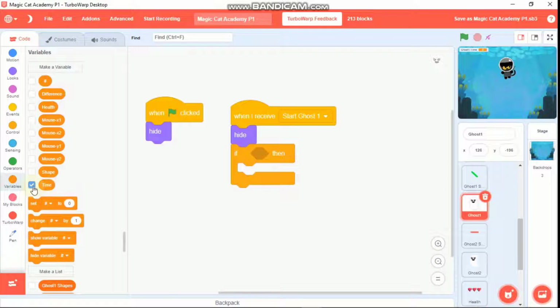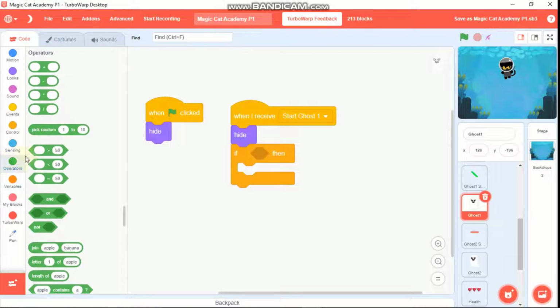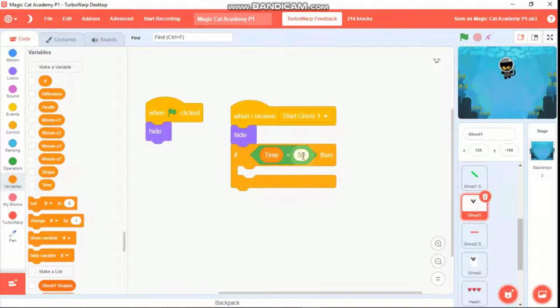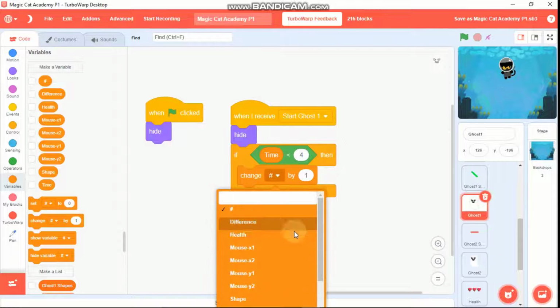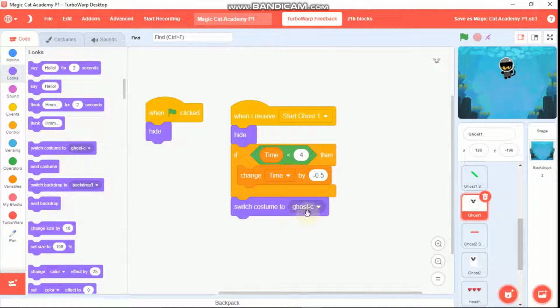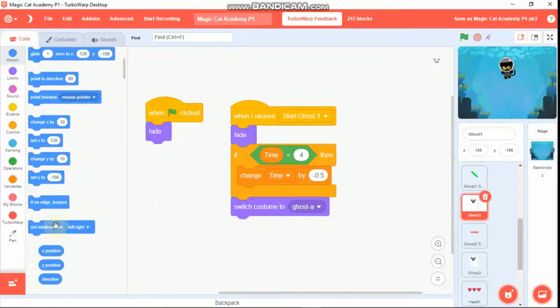This is a variable for how fast the ghost should move. So if time is less than 4, then we need to change our time by -0.5. Switch costume to ghost 8, which is the normal one, and set our rotation style to left-right, point